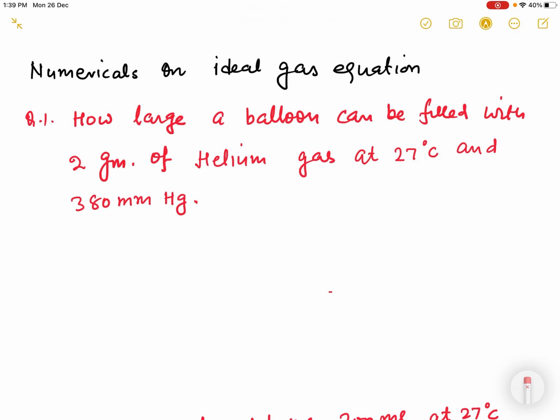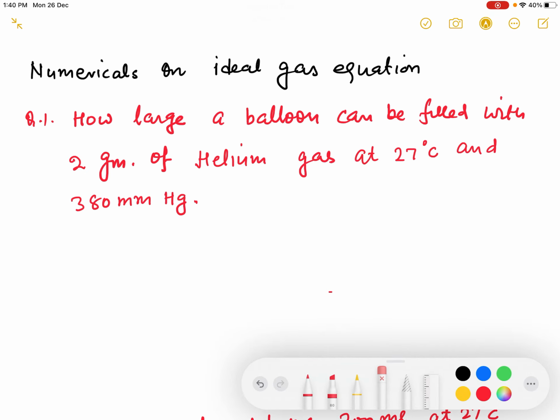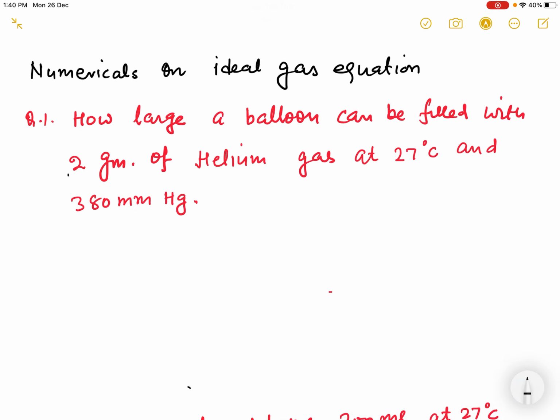Hello students, in this lecture we shall do some numericals on the basis of ideal gas equation. And the first question is: how large a balloon can be filled with 2 gram of helium gas at 27 degrees Celsius and 380 millimeter Hg of